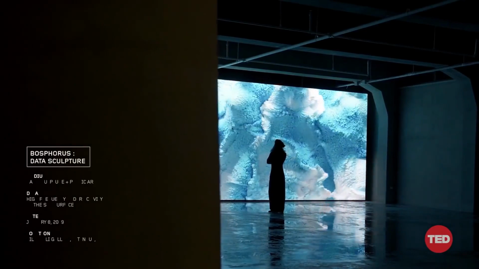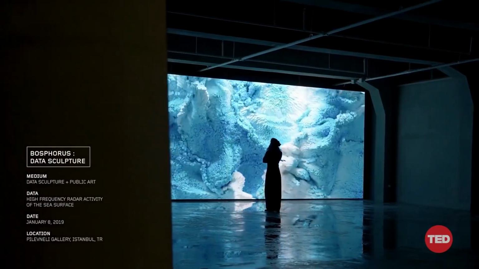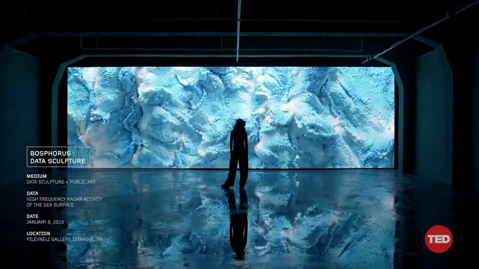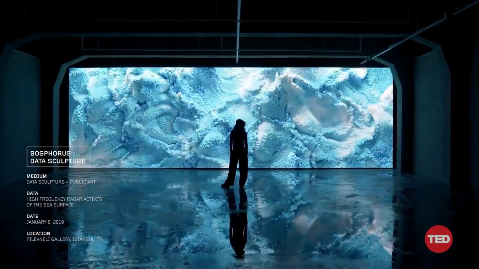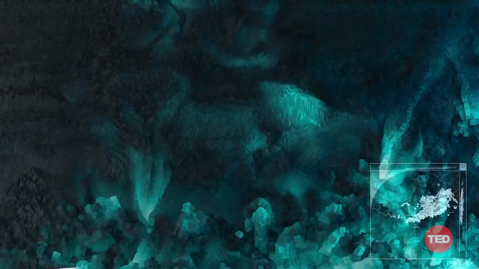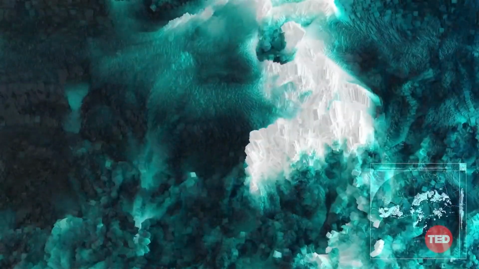This kinetic data sculpture, titled Bosphorus, was a similar attempt to question our capacity to reimagine natural occurrences. Using high-frequency radar collections of the Marmara Sea, we collected sea surface data and projected its dynamic movement with machine intelligence. We created a sense of immersion in a calm yet constantly changing synthetic sea view.